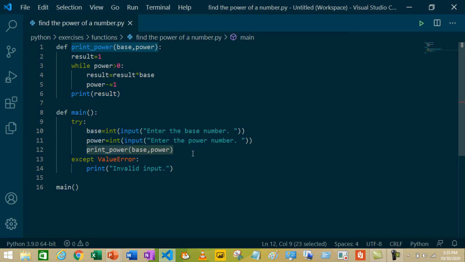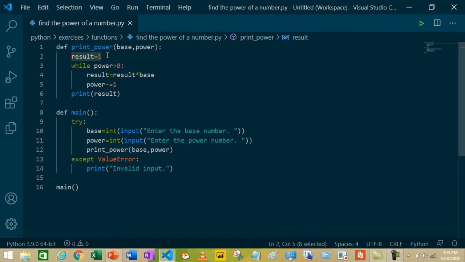The print power function will print the result. We are passing the parameters base and power. The parameters will receive the argument values and store them in the variables base and power. Okay, let's see what's in the print power function.